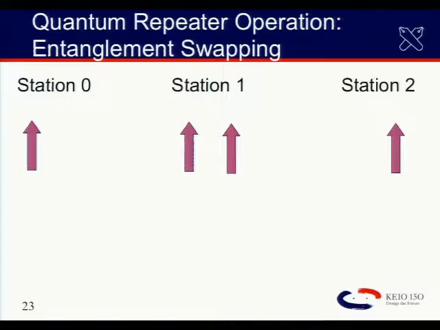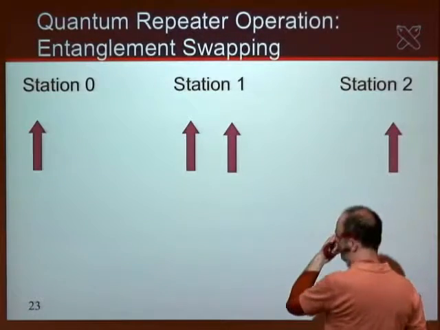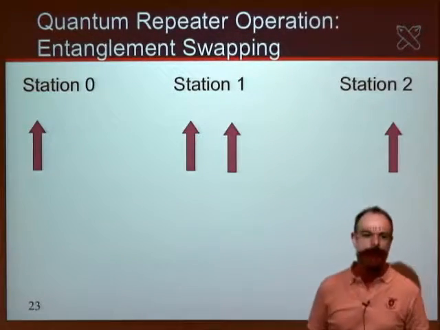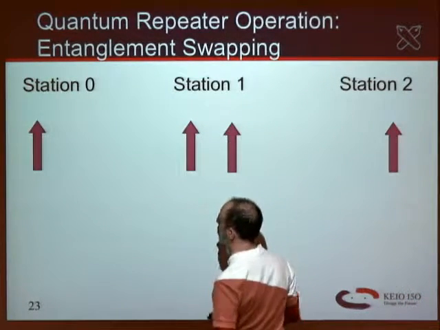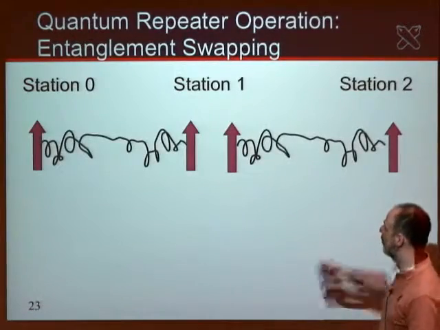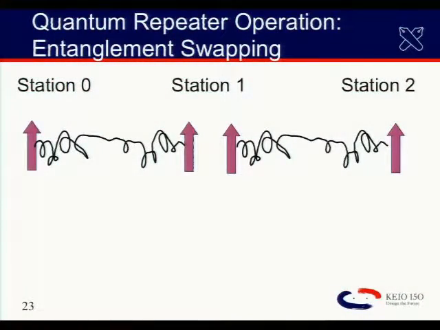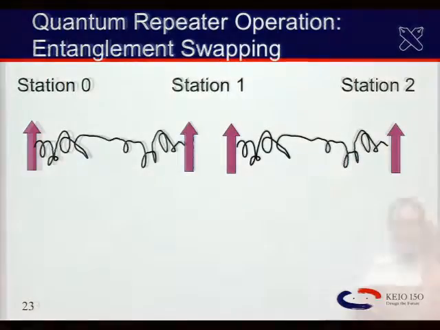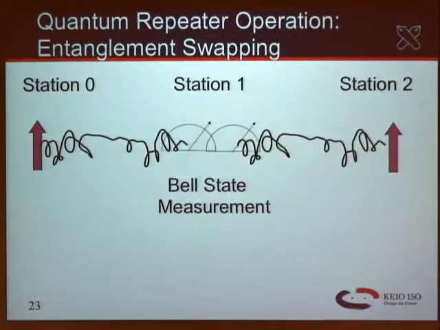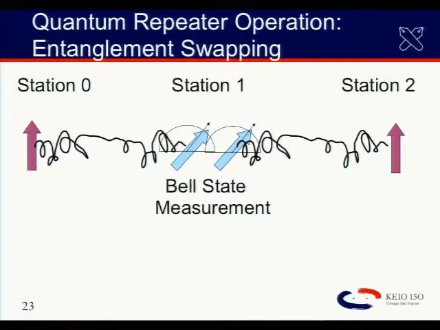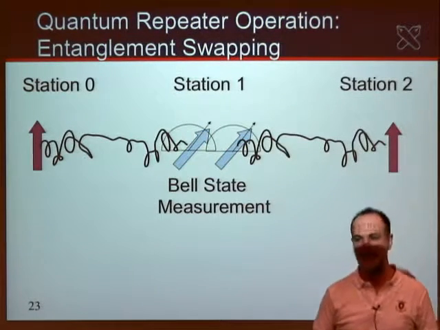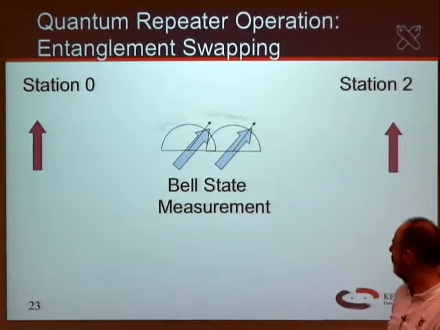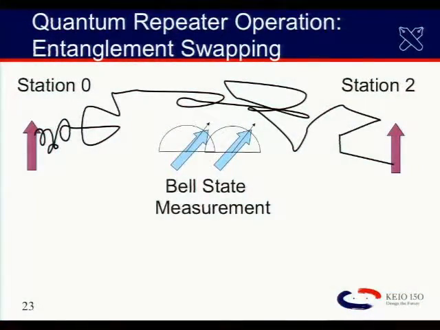Okay. Now, entanglement swapping. Have you guys seen entanglement swapping before? Entanglement swapping is using teleportation to lengthen the distance of your entanglement. So we've got 3 stations in the diagram here. Each of these arrows represents a qubit. You run your single hop protocol to create Bell pairs between station 0 and 1 and between station 1 and 2. And then you run what's called entanglement swapping, using what's called Bell state measurement, between the two of these. You measure which of the Bell states you think that pair of qubits is in. The result of that is you lose your local entanglement and you're left with long distance entanglement.